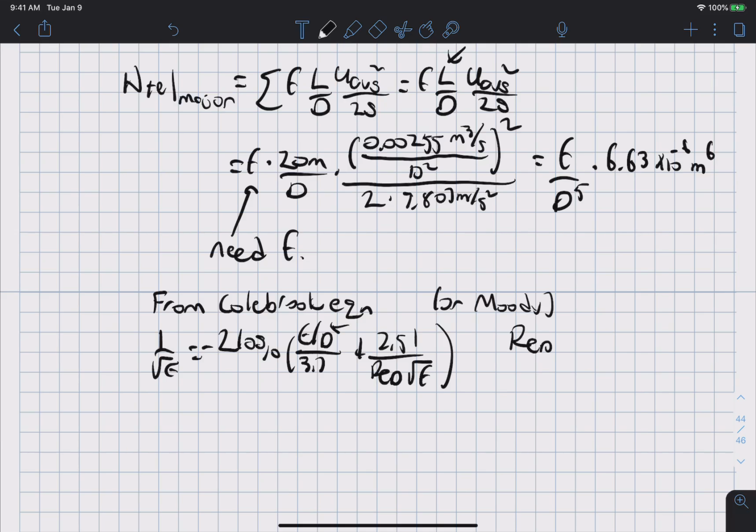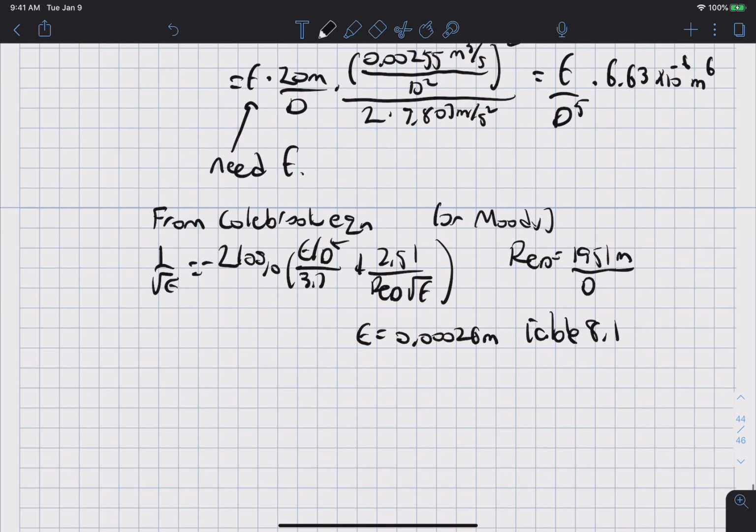To refresh your memory, Re_D equals 1951 over D meters, and epsilon equals 0.00026 meters, from table 8.1. I'm going to put in the relative roughness divided by 3.7, which gives us this entire term. So epsilon over D divided by 3.7 equals 0.00026 meters over the pipe diameter divided by 3.7,